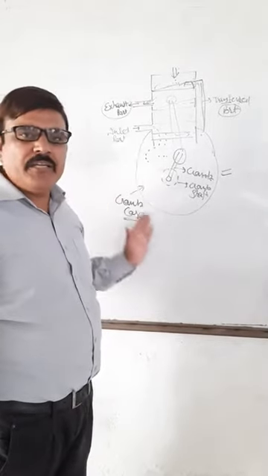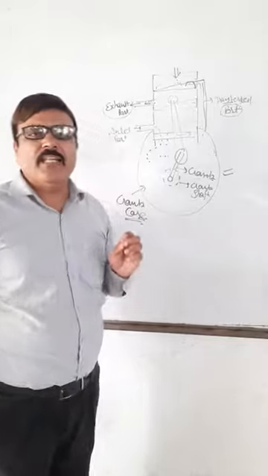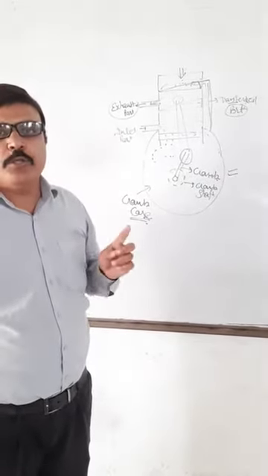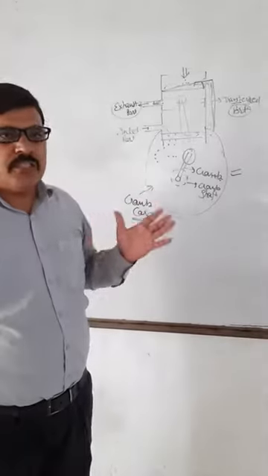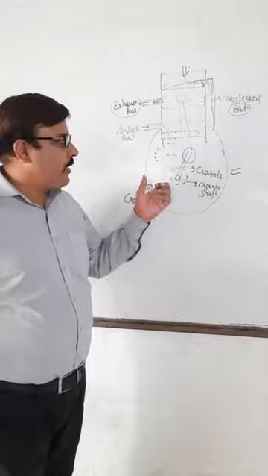So in every revolution of the crank there will be a power stroke, but in the case of a 4-stroke engine, 2 revolutions of the crank will be needed to produce 1 power stroke. So this is the main difference between 2-stroke and 4-stroke engines. Okay, so now I am going to explain with the help of this cut section model.